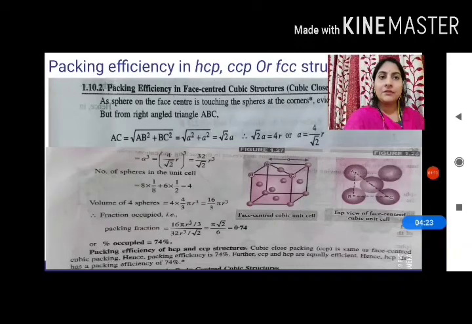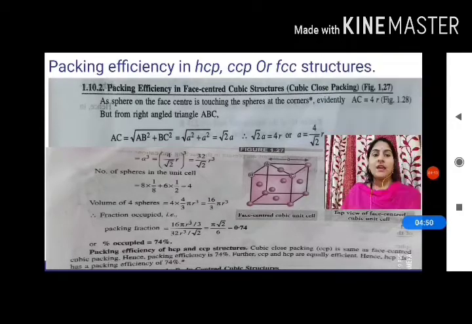As explained in the previous slides, the simple cubic lattice has the 8 corner atoms touching each other, but in FCC, when a sphere is added to each face, the corner atoms are no longer in touch with each other. In spite of this, the face center atom is in contact with the corner atoms. The sphere on the face center is touching the spheres at the corners. We can write AC is equal to 4r. Here r is the radius of the sphere and a is the edge length of the cube.